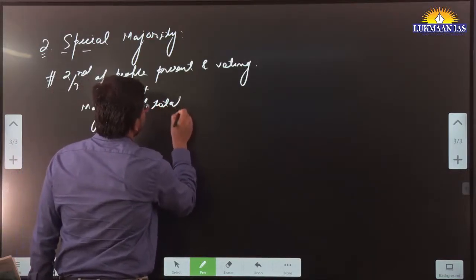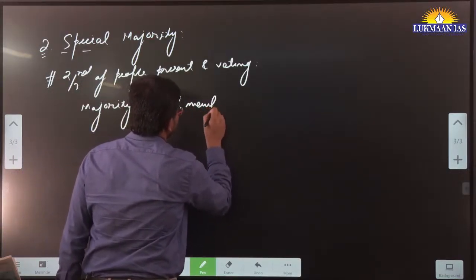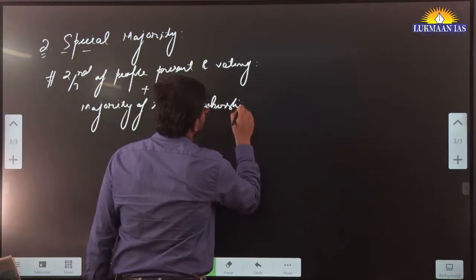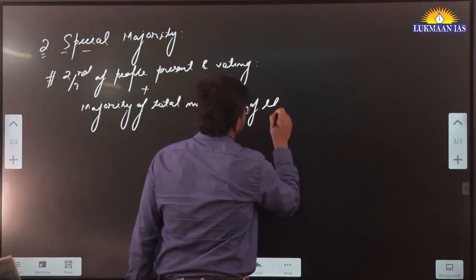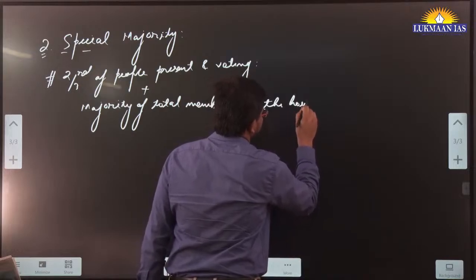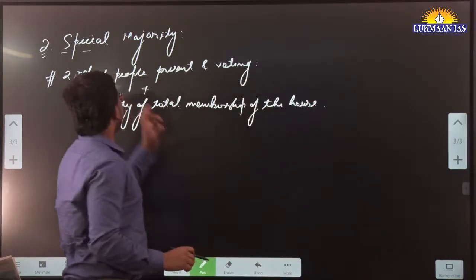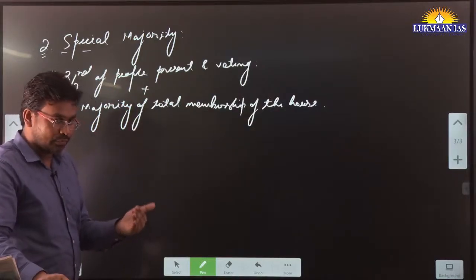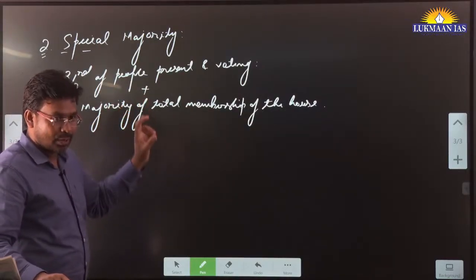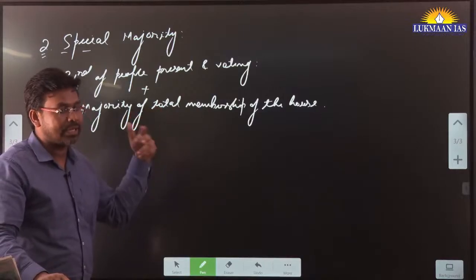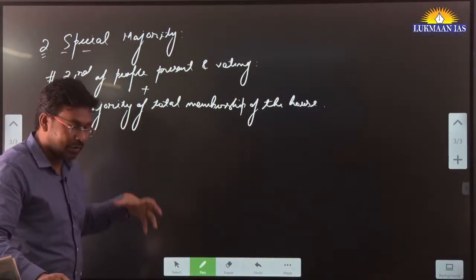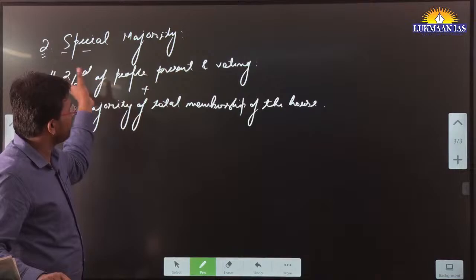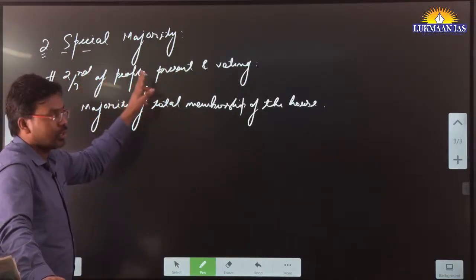a majority of the total membership of the house. So it talks about a special majority wherein to amend the Constitution of India, in both the houses, Lok Sabha and Rajya Sabha, let's say a bill is introduced in the Lok Sabha, in the Lok Sabha we need 2/3 of the